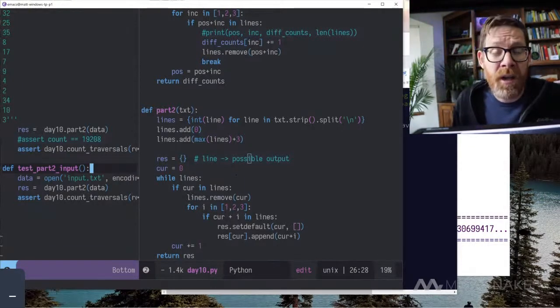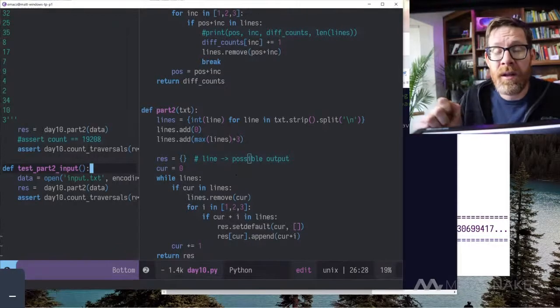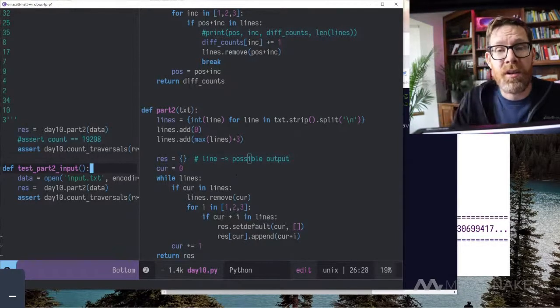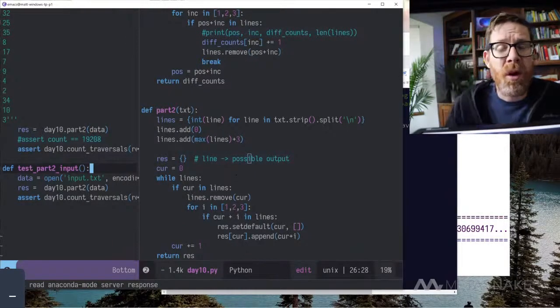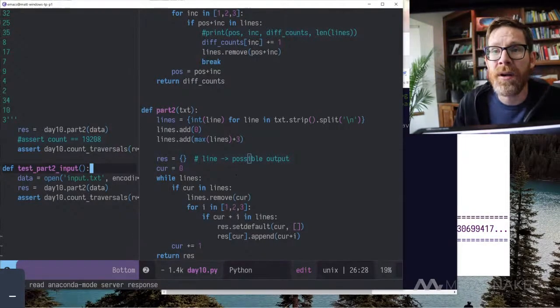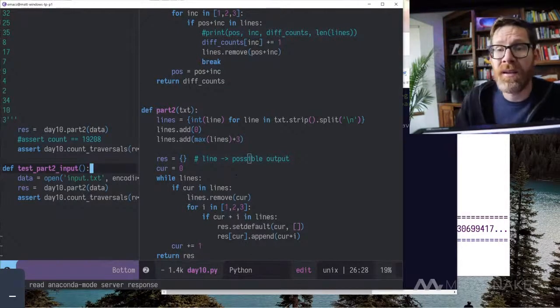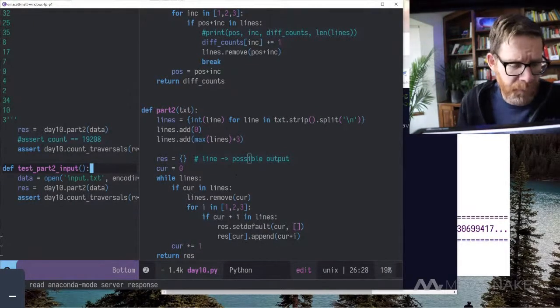I let it run overnight. I woke up in the morning and I had the insight that because we're using smallest numbers to largest numbers, we have to go in that order. You can't ever have a graph where you're not doing that. I can basically loop over my graph from smallest to largest and look at my parents and just sum up their counts, how many options there are through them. And if I do that, I don't have to traverse everything, enumerate all of the paths. All I need to do is sum up those values. And so this returned instantly almost. It did not require us to run it all night long.